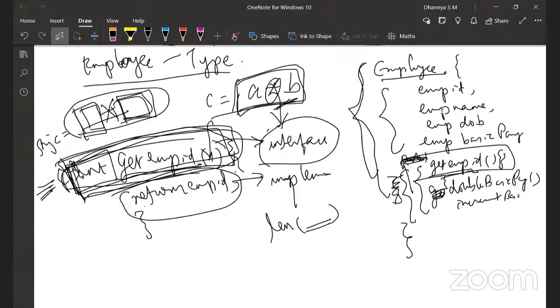Abstract data type is where you hide the implementation. Data type is a generic word for that.